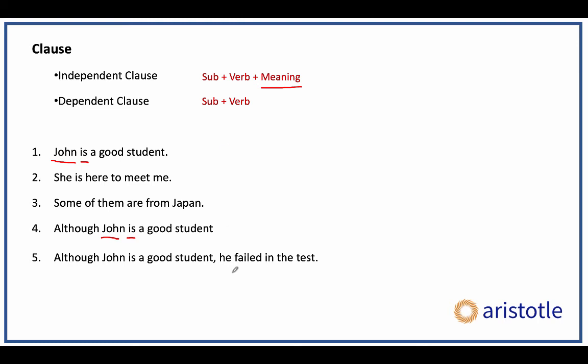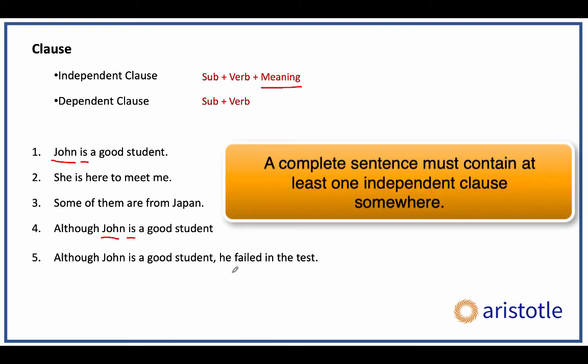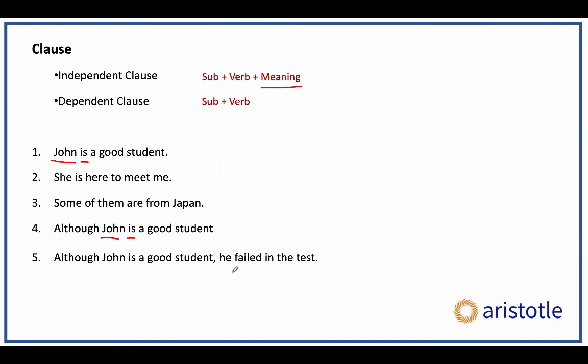So for any sentence to be a complete sentence, you need at least one independent clause to be there. You cannot make a complete sentence simply by connecting multiple dependent clauses. What are they depending on? There has to be at least one independent clause somewhere. So that is basically the concept of a dependent clause and an independent clause. Words such as although, since, as, while, though, because, these will always give you dependent clauses or subordinate clauses. Incidentally, these are called subordinating conjunctions, which again is not very relevant, but they will always give you dependent clauses.